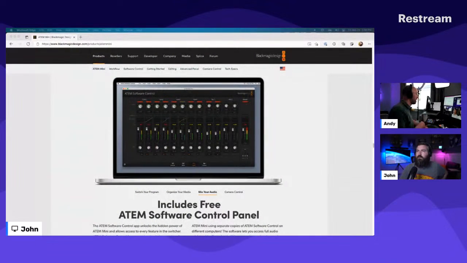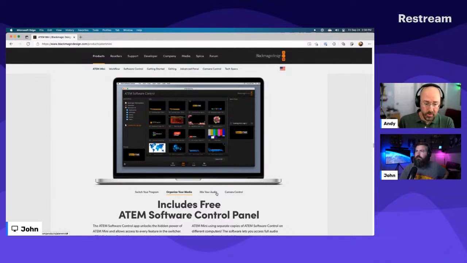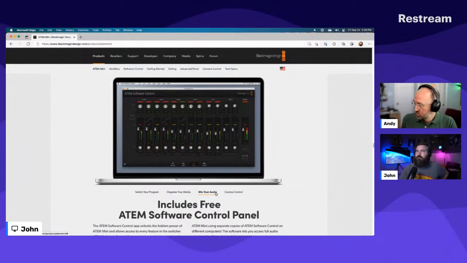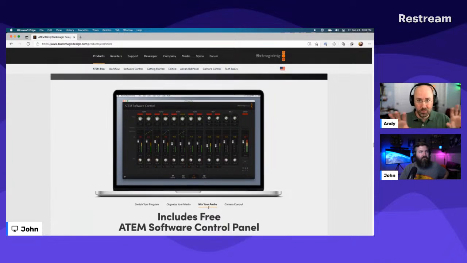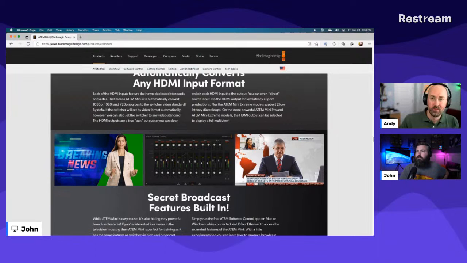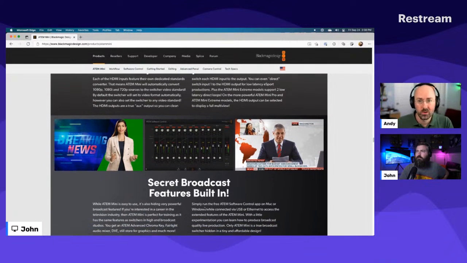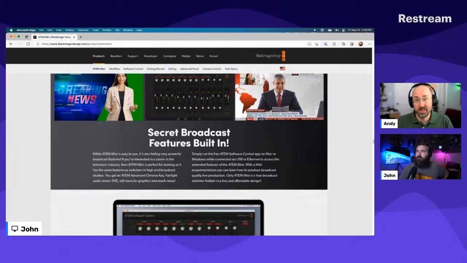You can even feed other things into it. So if you've got an HDMI out for your iPad, you could feed that in, and that would be a source inside of there, and you could switch to it. At one point I had another computer inputted into it. So I had a computer in a computer, and I was showing another screen versus switching between profiles or running a virtual machine or whatever. So you can do things like that with it.